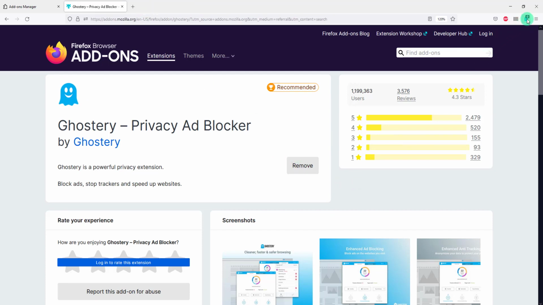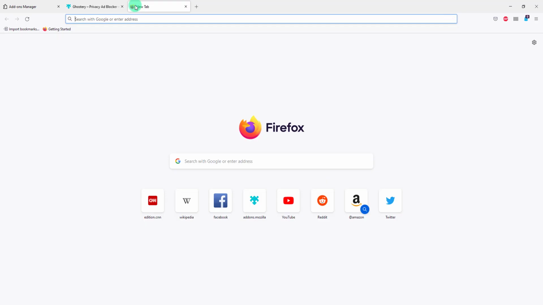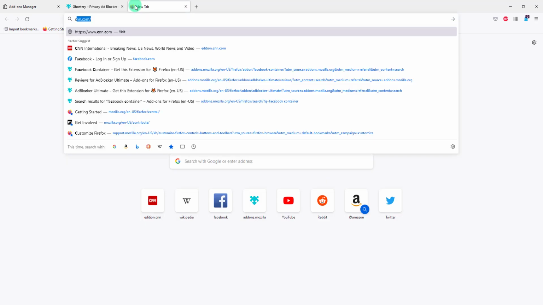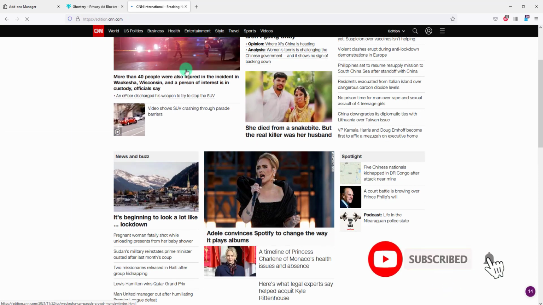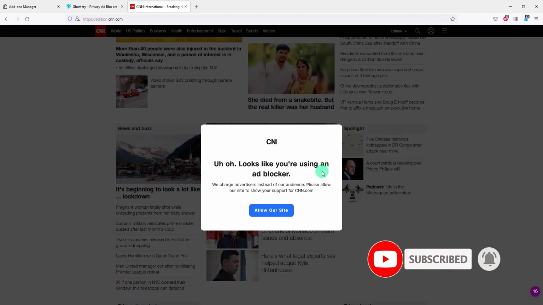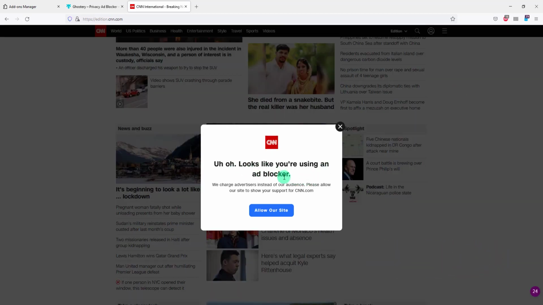So as you can see, you have here the little indicator, the badge with 0 at the moment. That means that Ghostery never found at this moment any tracker that needs to block. But for example, let's choose a popular website, CNN. Full disclaimer, I have nothing against CNN, just a very popular website. There you go. Of course they have an anti-ad blocker.